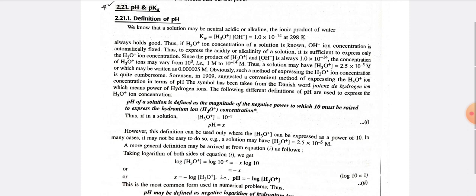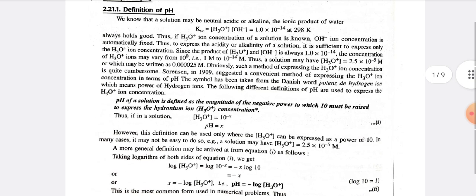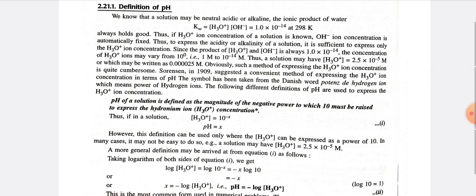Definition of pH. We know that a solution may be neutral, acidic, or alkaline. The ionic product of water Kw is equal to [H3O+][OH-] is equal to 1 into 10 raised to the power minus 14 at 298 Kelvin. This always holds good. Thus, if the H3O+ ion concentration of a solution is known, the OH- ion concentration is automatically fixed. Thus, to express the acidity or alkalinity of a solution, it is sufficient to express only the H3O+